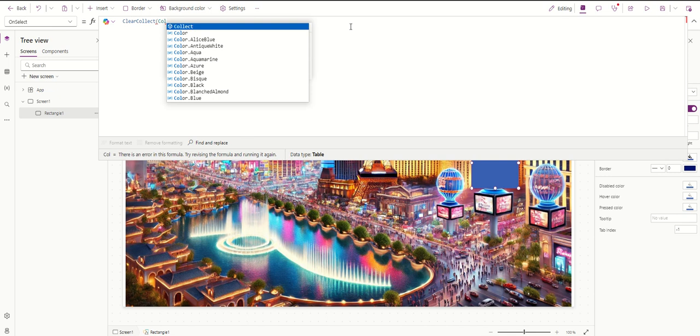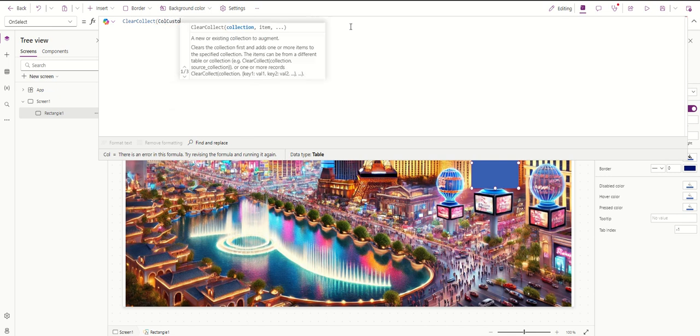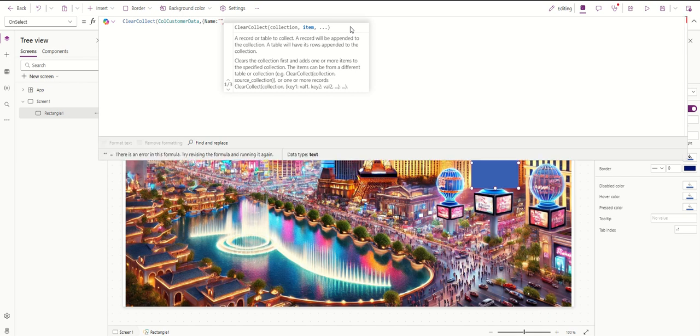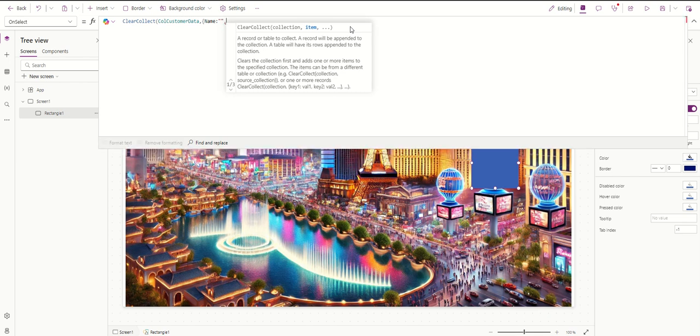So ClearCollect colCustomerData. So now we need some data, right? So we need a customer name. All right, we'll just put name. And for now, we'll leave that blank. We're gonna have ChatGPT do the heavy lifting for us here. Name, arrival date,